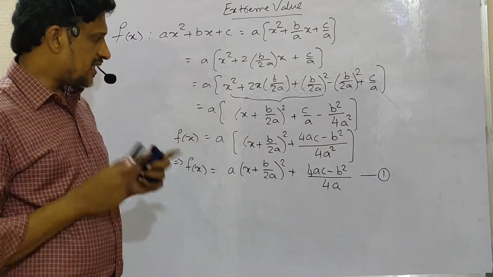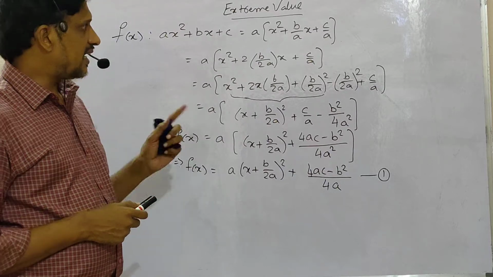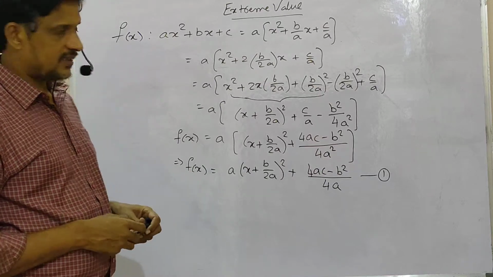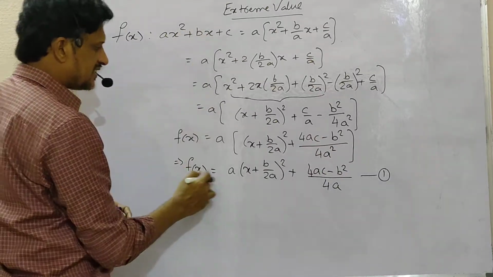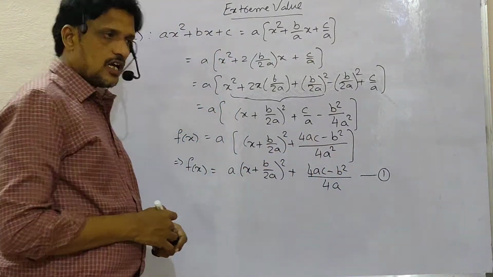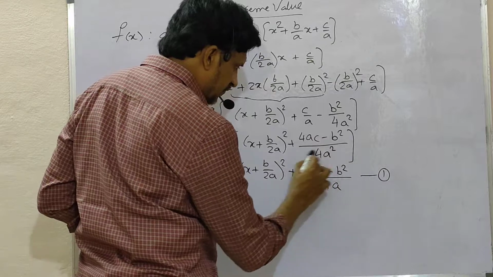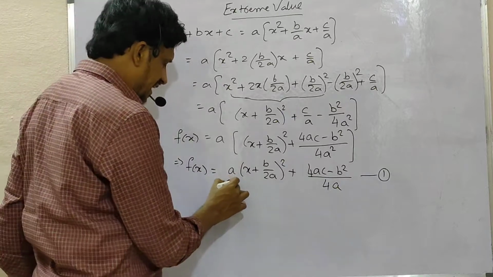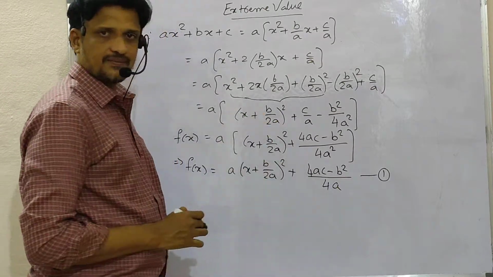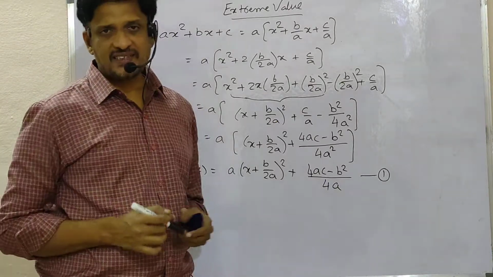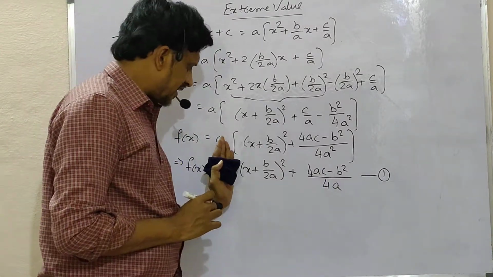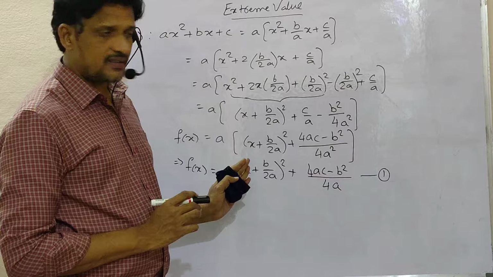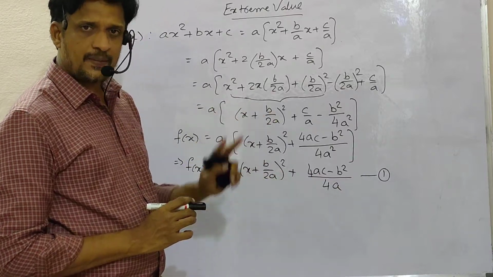Now from this you can find the extreme value of the quadratic expression. So just observe this equation number 1. The f of x, the given expression, is equal to the sum of these two terms. Here the second term is 4ac minus b square by 4a and the first term is a into x plus b by 2a whole square. A number whole square is given here. So just forget about this a, we will discuss it later. That defines that a plays an important role here. It defines whether the given expression has a minimum or a maximum.